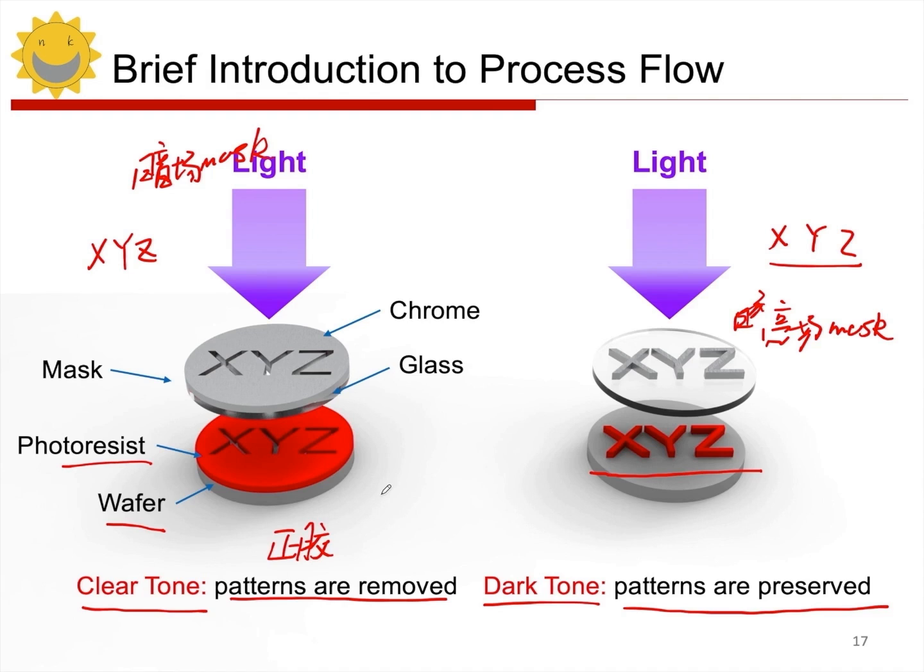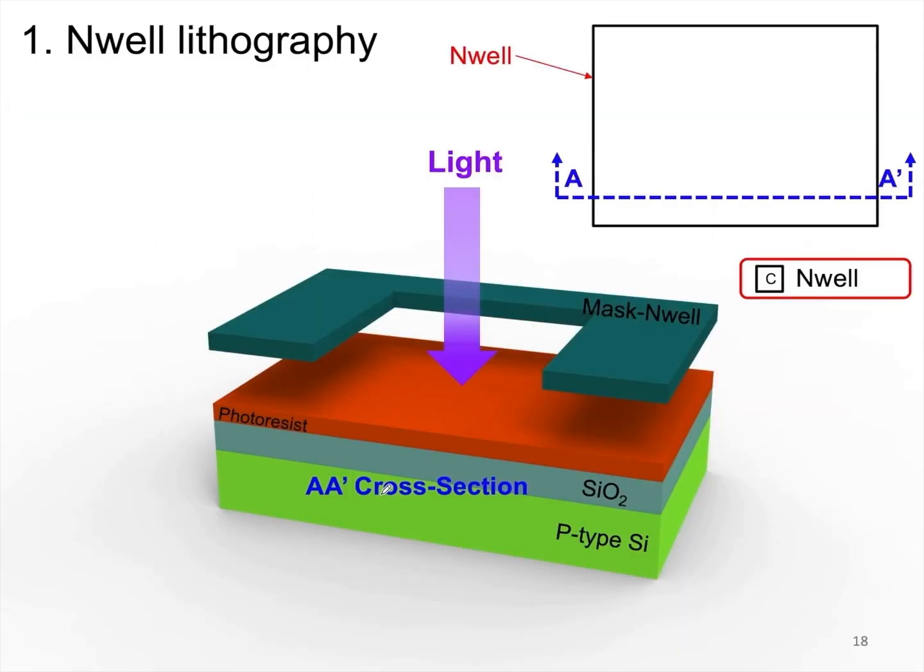If we want to etch away the patterns we drew, we need to use clear tone, meaning that the drawn patterns need to be transparent. If we want to preserve the patterns we drew on the photoresist, we will use dark tone, which is opaque, so opaque patterns will be preserved. This is the concept. Now that we've introduced this concept, let's look at the entire processing flow. First, let's take a look at the first step. What example should we use? Let's use the example of processing